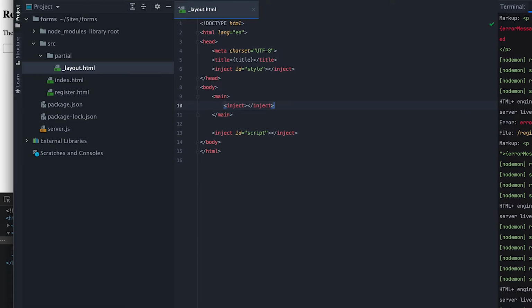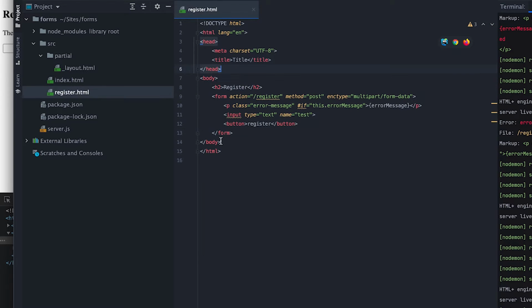With our partial complete, we can go to the register page and include it using the include tag, which we can use the partial attribute to provide the name of the partial file we want without the path or the leading underscore. Since the partial expects a title, I'll provide one for this page, but in general, partials inherit any data that this page has access to or